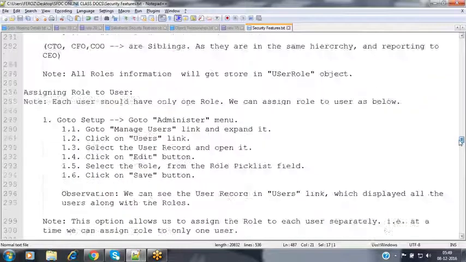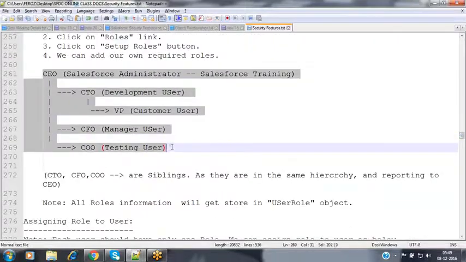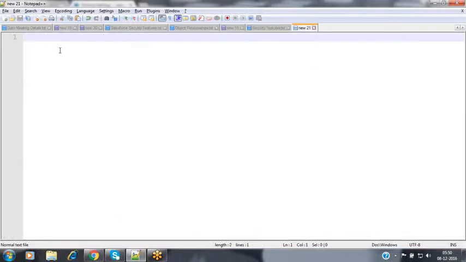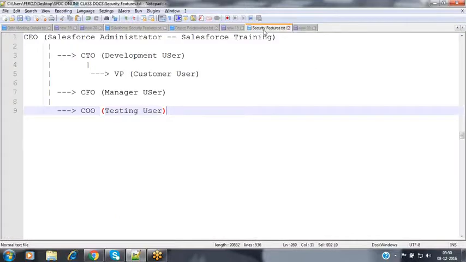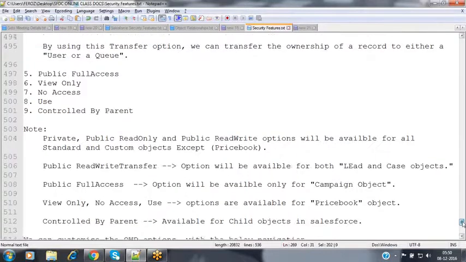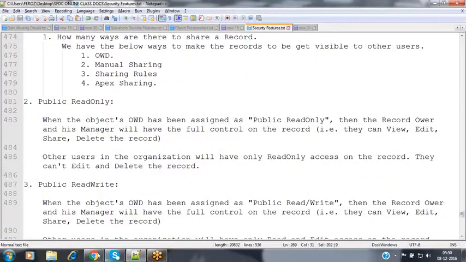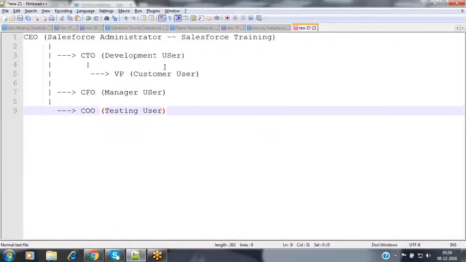Let's get the users' role hierarchy and place it in a separate tab so that we can refer to it whenever we need. This is the hierarchy that we have right now.